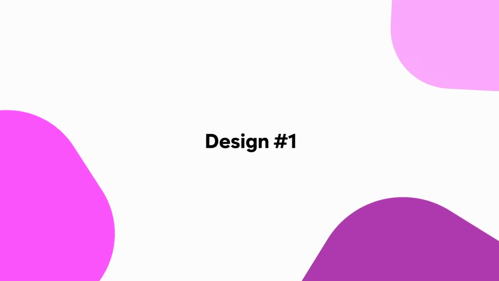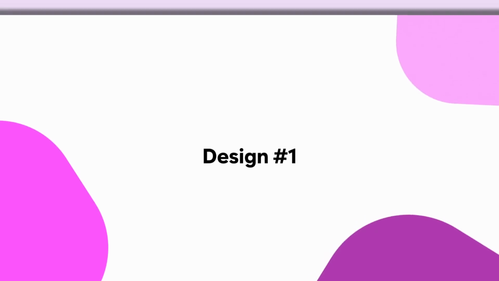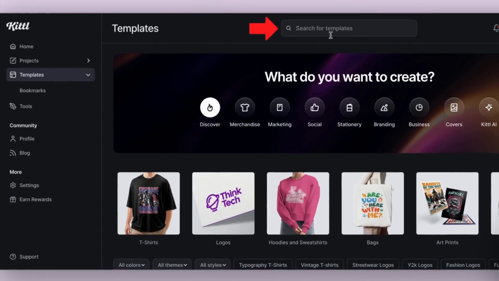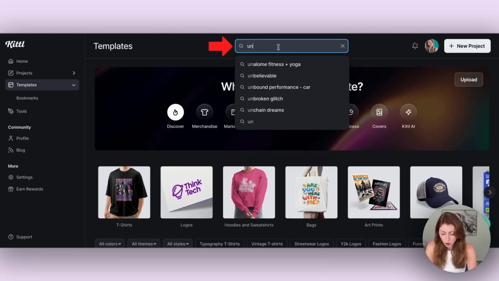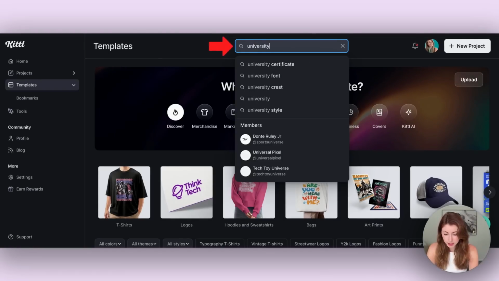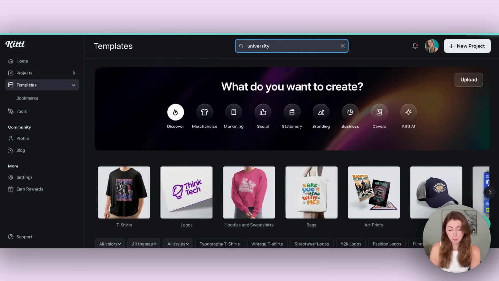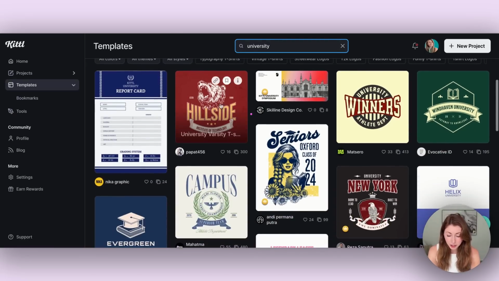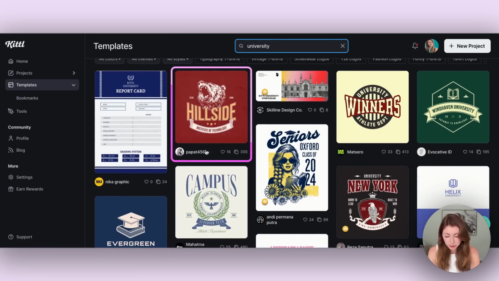This first one I've done tutorials for before, and I've shown how to make it. You just have to go into templates and look up something like school, sport, or university or varsity. It works with a bunch of different words and you can get different templates, but I'm gonna show you what I'm looking for. So once I type in university, you're going to see a bunch kind of like this with